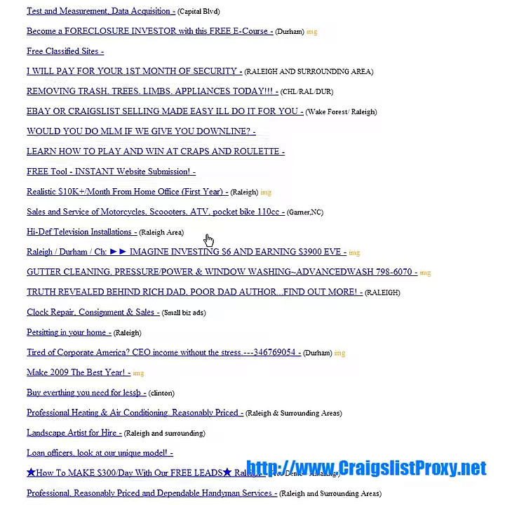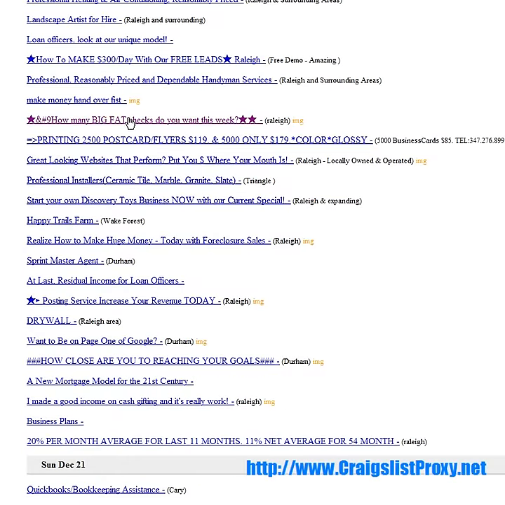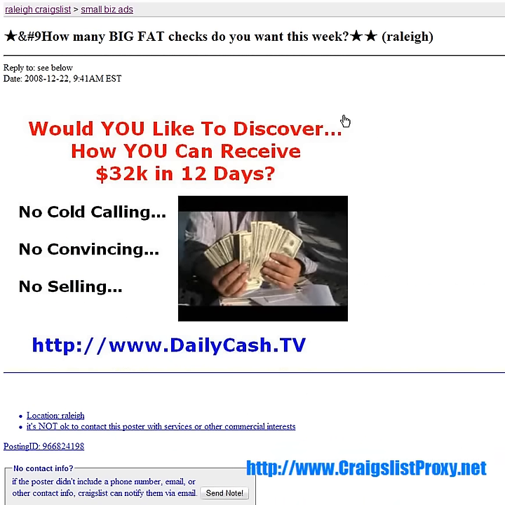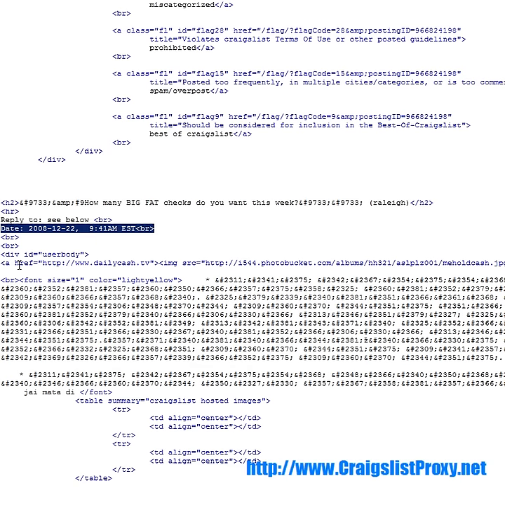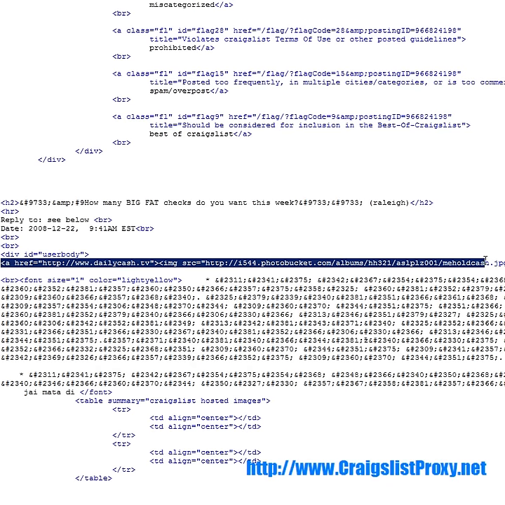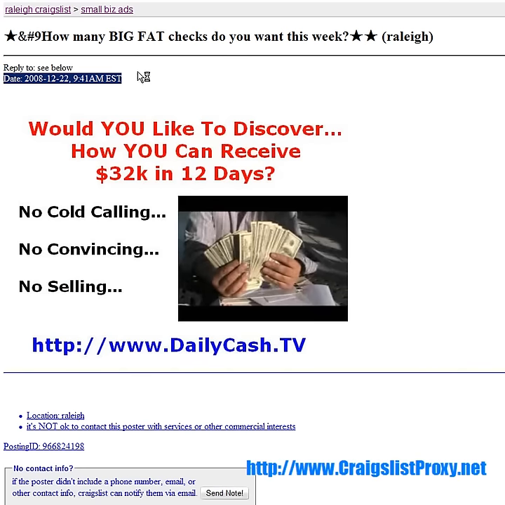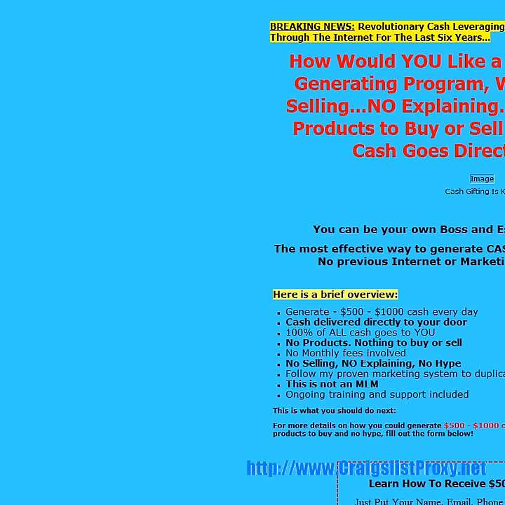So we've gone to small business ads, and let's say I found this guy who's been posting ads day in and day out, and how is he doing it? You go to the ad and view source. I'm using Opera, so it depends on what you're using. When the source pops up, we're looking from after the date. Everything below this user body here is his ad. You can see he's got his website there, and his image is hosted at PhotoBucket. He doesn't have any random text, we can't see anything here. It looks a lot better than the other spammy one I saw.